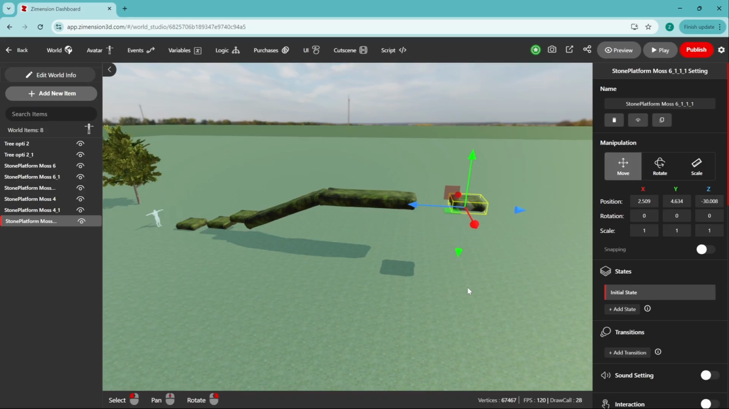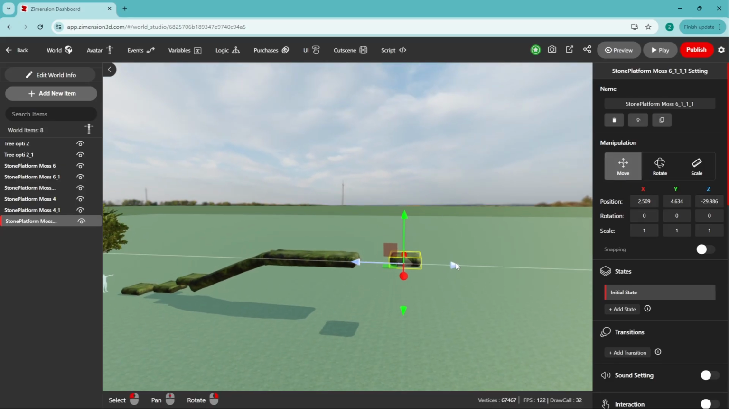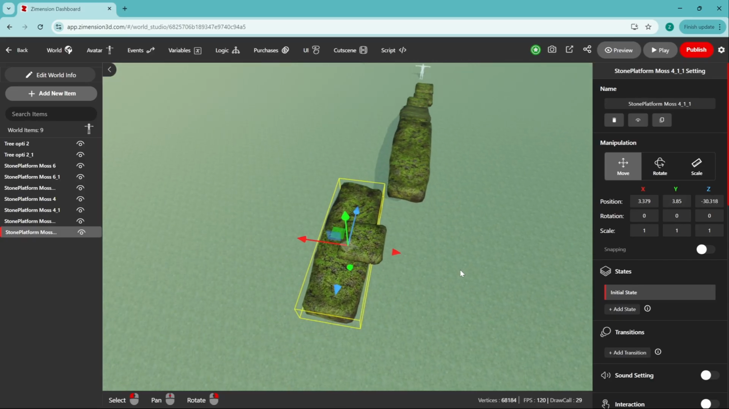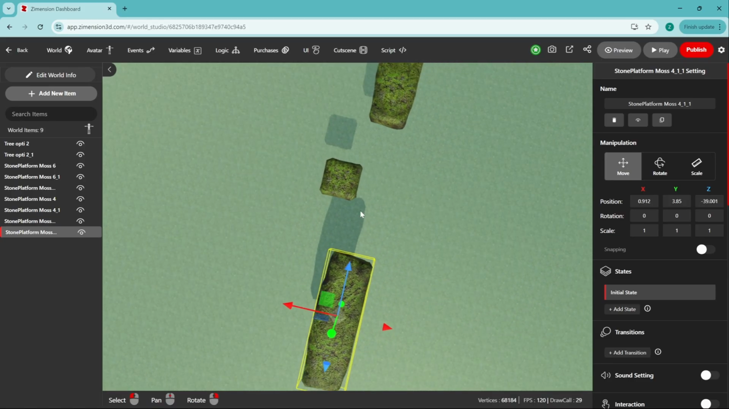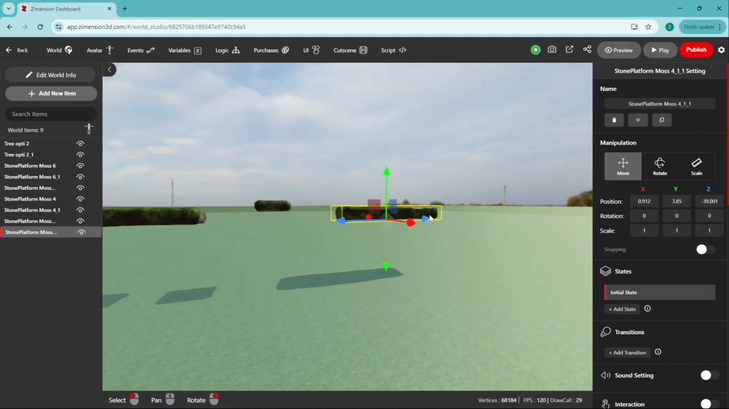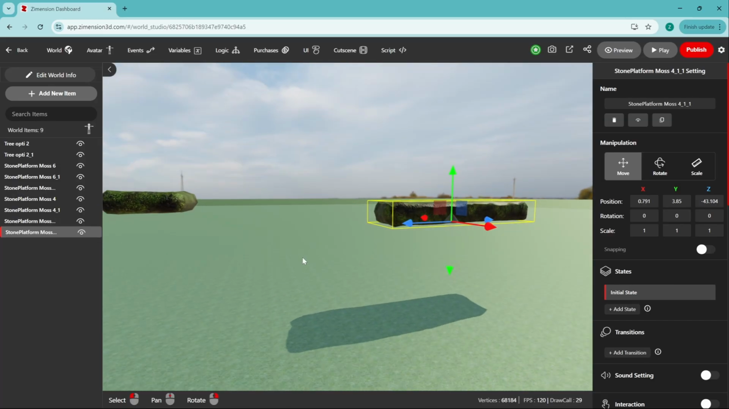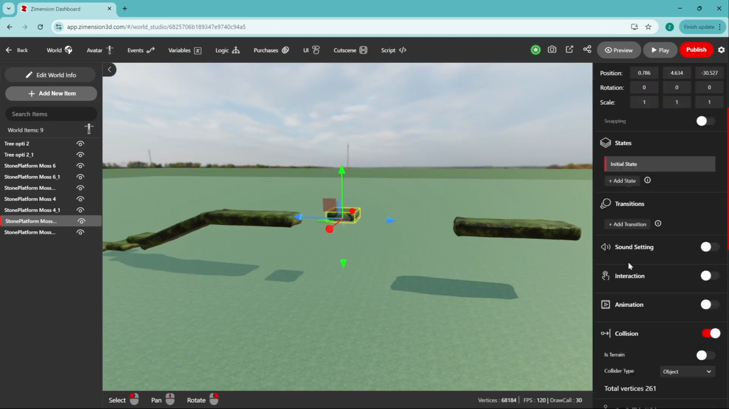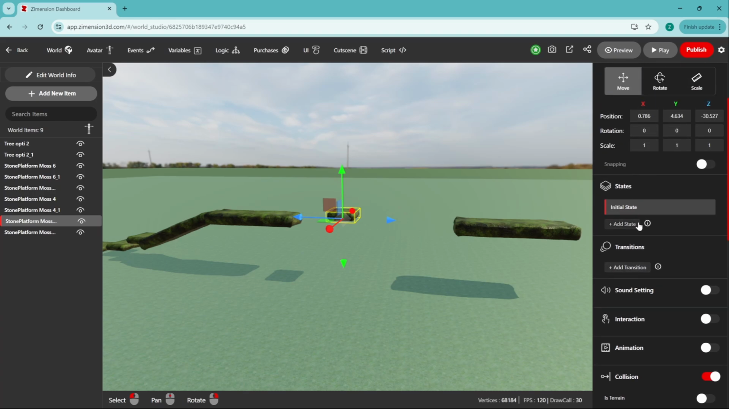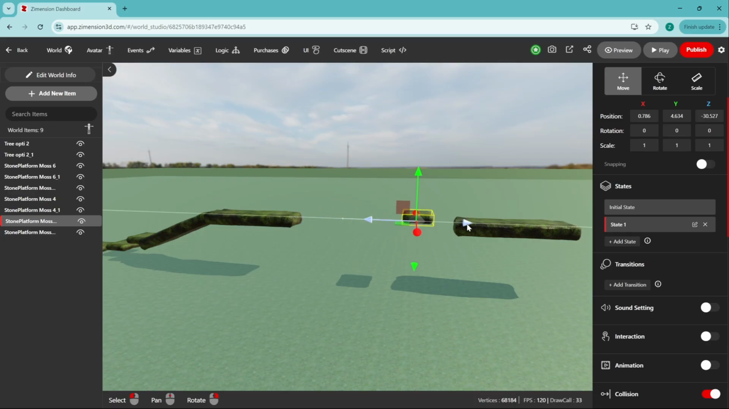So we want to make this platform move left and right to give player a challenge. So first let's add the landing platform. Okay, and let's apply transition to the small one. So in the item setting, first we need to create some state. Now we have two states, initial state and state 1. State 1 basically is the second position and initial state is the first position, and we can create a transition